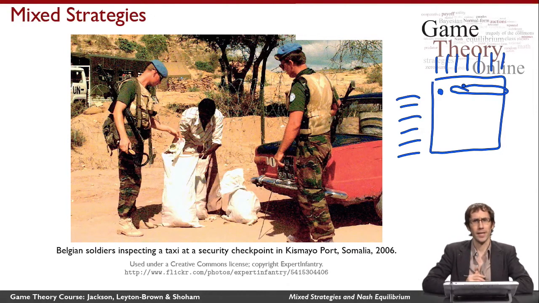Now, it's pretty clear that if the UN were to commit to any deterministic strategy, if they were to choose their action in any deterministic way, things are going to go pretty badly for them, because the attacker would be able to watch for a while, see what strategy the UN is following, and then attack something different, and attacks would always be successful.